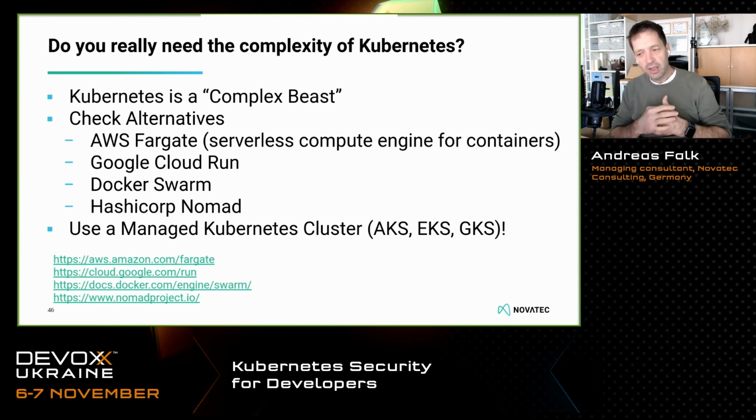You should always have a business reason for using Kubernetes, like having plenty of applications you have to orchestrate. If you just want to put one application as a container in a productive environment, Kubernetes would be a much too complex environment for you. It is a complex beast, and lots of developers don't understand how Kubernetes really works. So my recommendation is to also check alternatives. A very easy one is, for example, AWS Fargate.